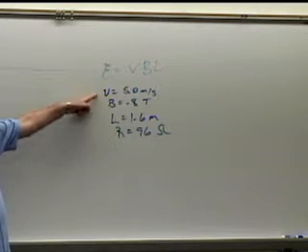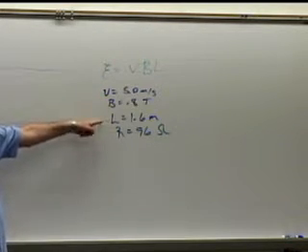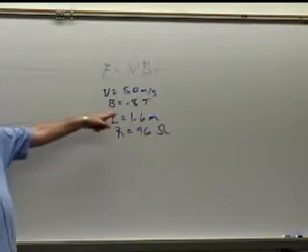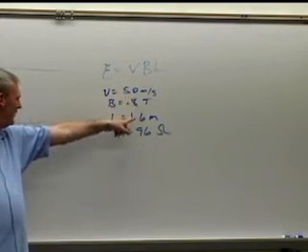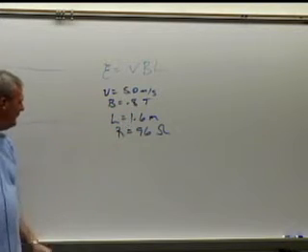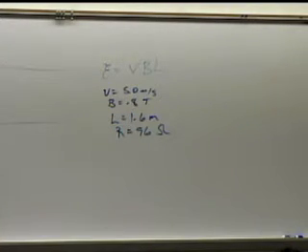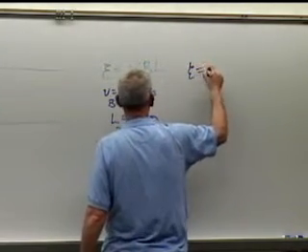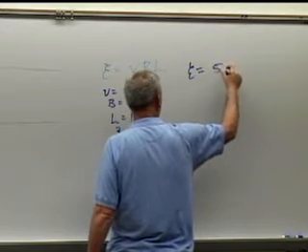They gave me V, B, and L. I think I can do this. This times that is 4 times 1.6, which should be 6.4, yes, volts. Got it. So the EMF is equal to 5 meters per second